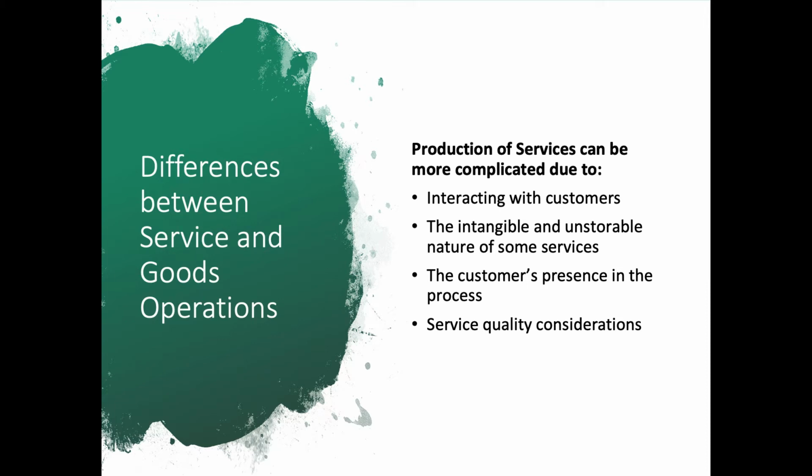The third bullet point, the customer's presence in the process. This makes things way more complicated, doesn't it? The fact that the person getting the haircut is sitting in the chair means that if you make one mistake and accidentally nick their ear with the scissors, there's going to be blood all over the place. And of course, probably your Yelp rating is going to go down as well. But obviously, the customer being directly involved in the process of the delivery of services makes things a whole lot more complicated. And it couldn't be a better example than online education, right?